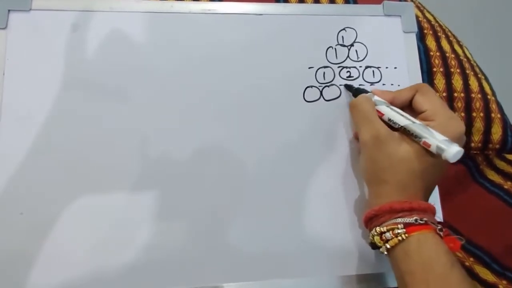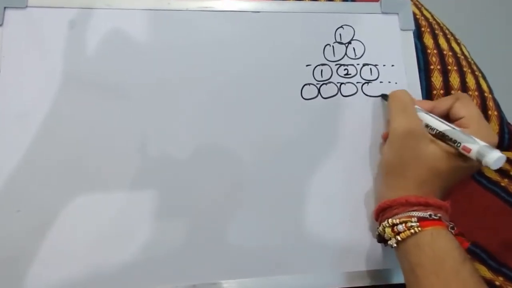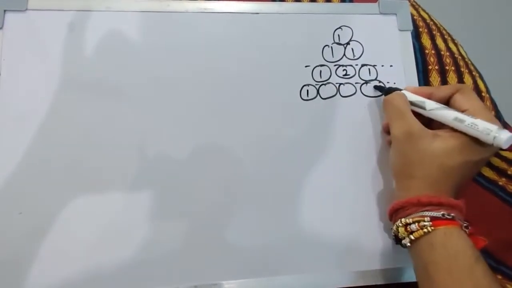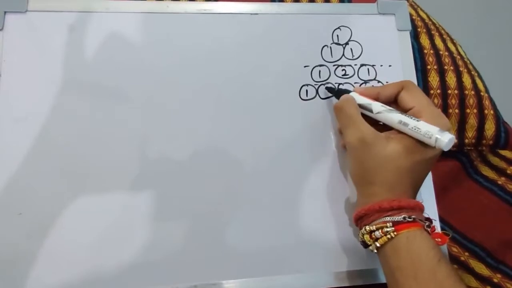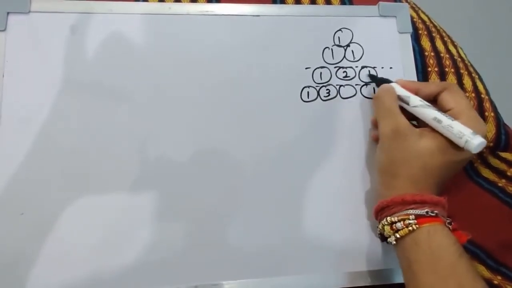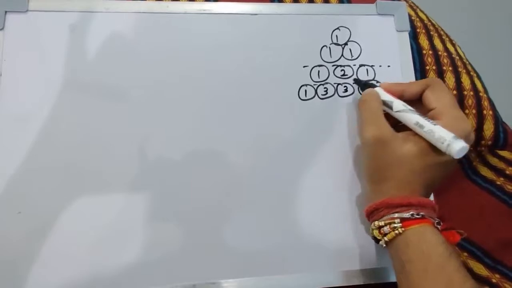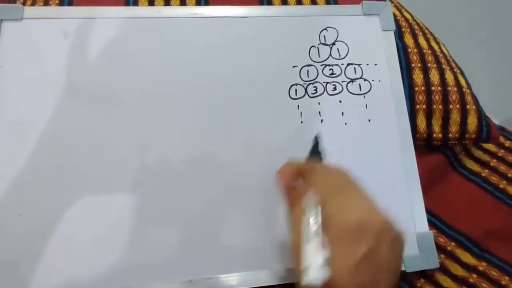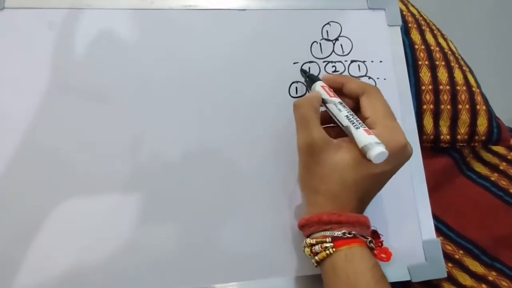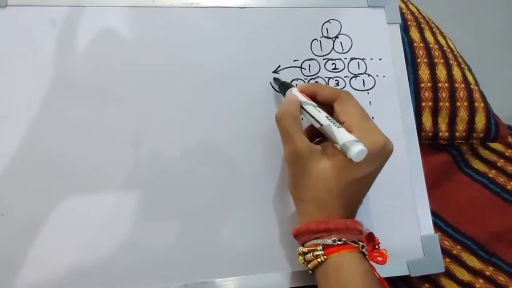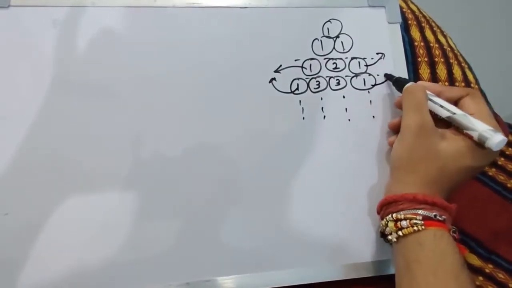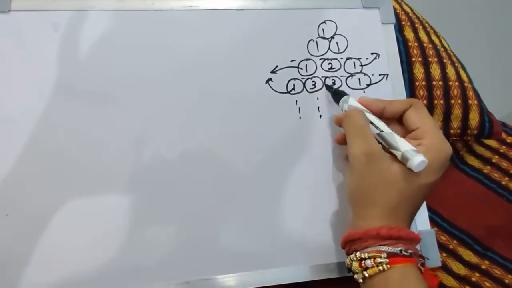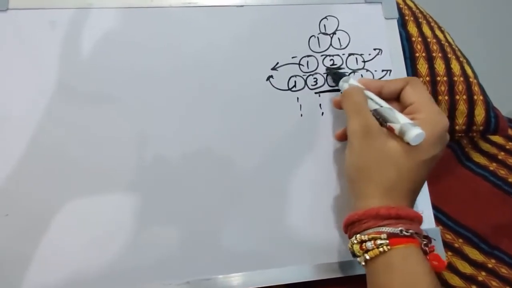Again, for the next row we will have one more element than the previous one. Sorry about the sizes. So again the end will be 1, and this will be the sum of 1 and 2, and this will be the sum of 2 and 1. So it will go something like this. But can you see the pattern? This one, this one, this one, and this one, these two ends are always 1, right? And the middle ones are the ones which we need to calculate.